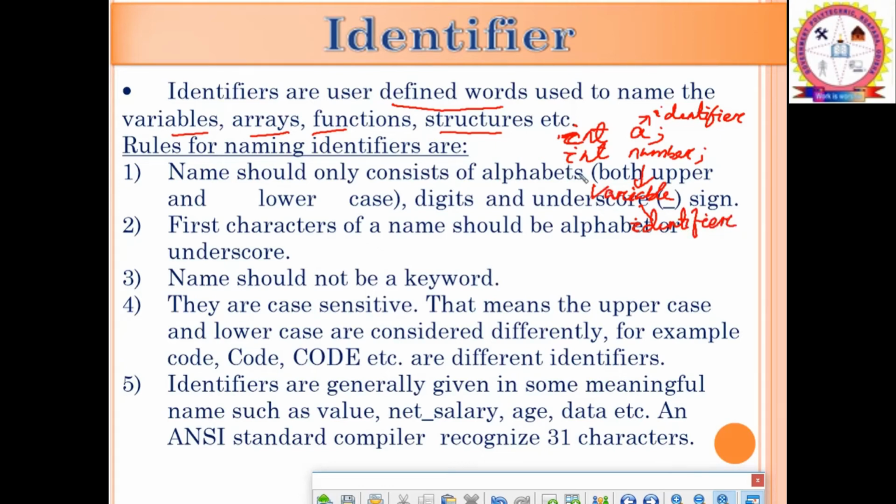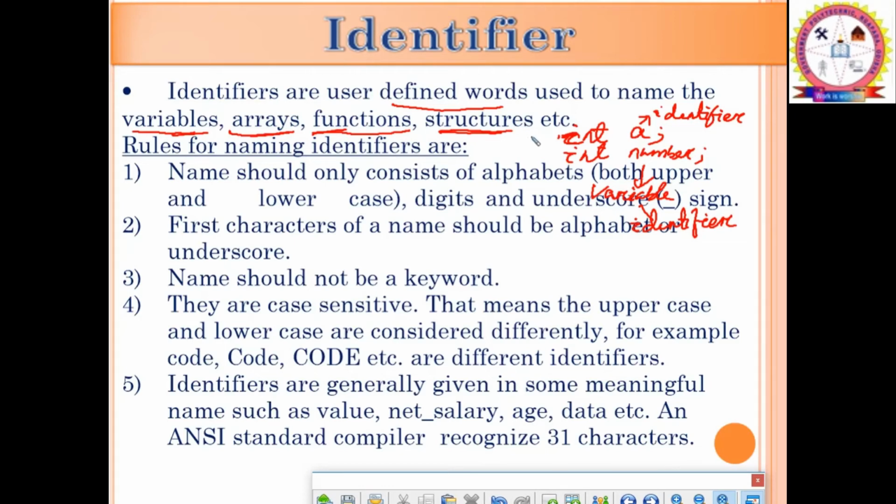So identifiers are nothing but user defined words. The user can give any name while naming the variables, arrays, functions and structures. जिस टाइम में कोई वेरिएबल्स या एरे, फंक्शन या स्ट्रक्चर का, ये सब हम लोग पढ़ेंगे अगले कुछ थोड़ी सी के बारे में आगे के जितना जानकारी होगी इसके बारे में हम चर्चा करेंगे. सो जब भी हम वेरिएबल्स, एरे या फंक्शन या स्ट्रक्चर को नेमिंग करेंगे, सो दैट इज कॉल्ड आइडेंटिफायर. जैसे भी, दैट इज डिपेंड्स ऑन द यूजर. So that's why it is called user defined words.